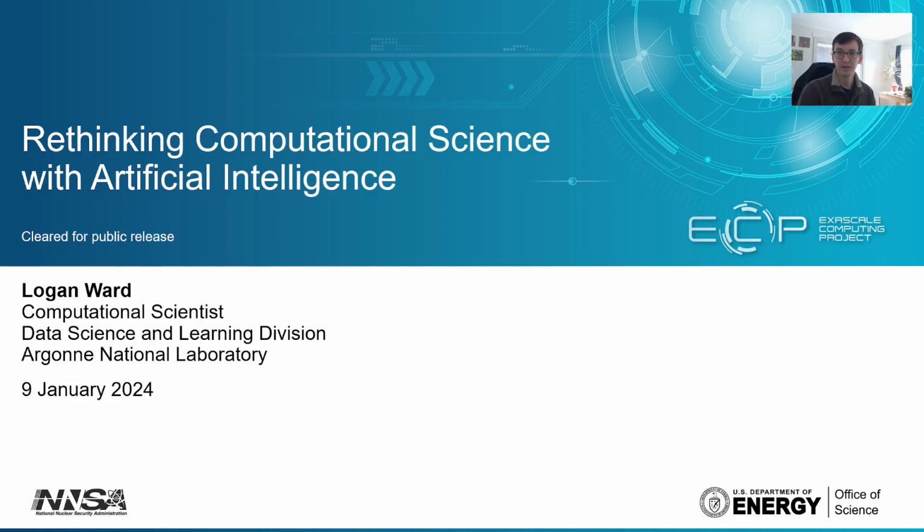Hello, everyone. This is a talk that I gave at the University of Chicago's Data Science Institute, thanks to a really generous invitation from the Schmidt Fellows there, around my ideas on how my approach to computational science has changed, not only as my understanding of how to use artificial intelligence has changed, but also as the capabilities for it have dramatically improved over just the 10 years that I've been working in this